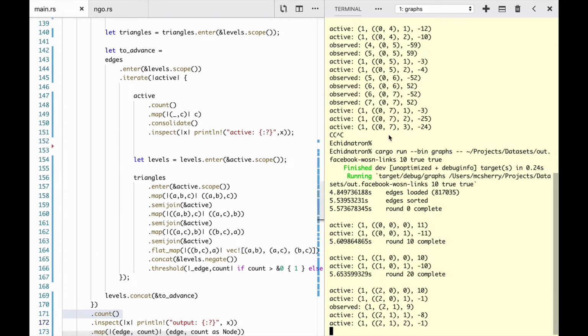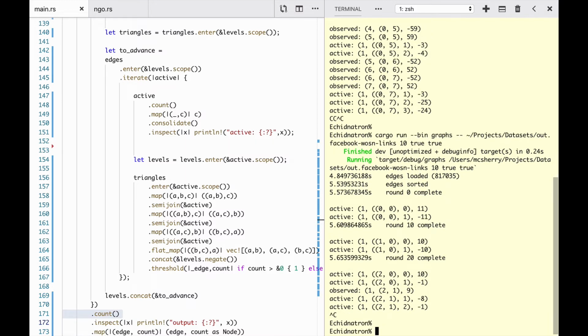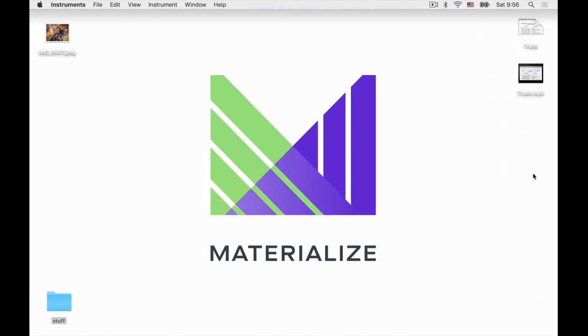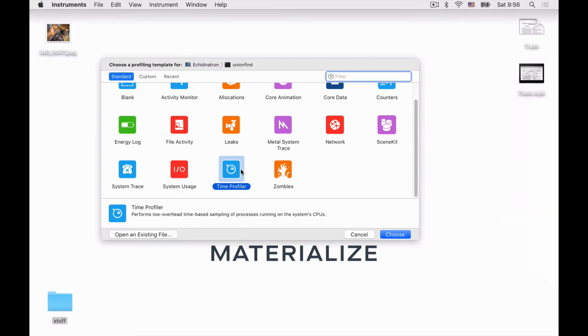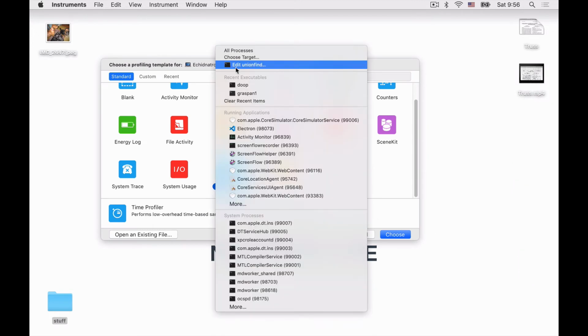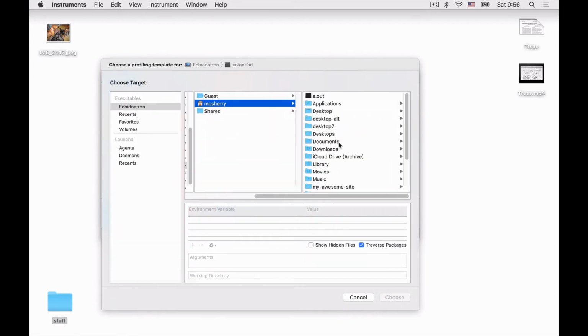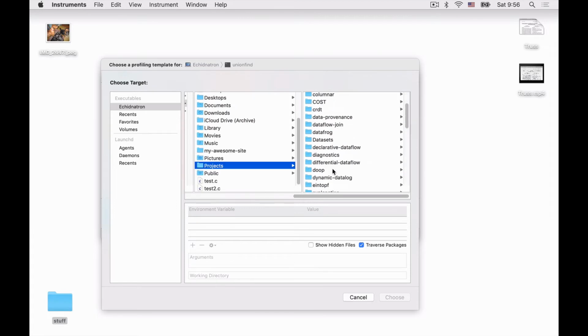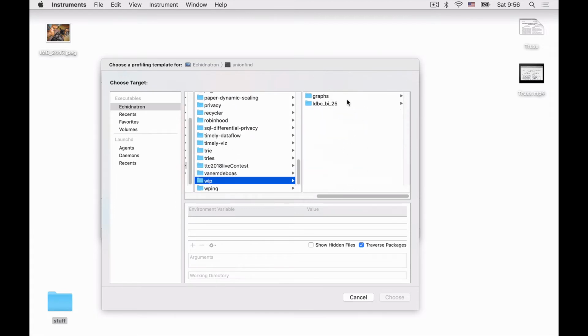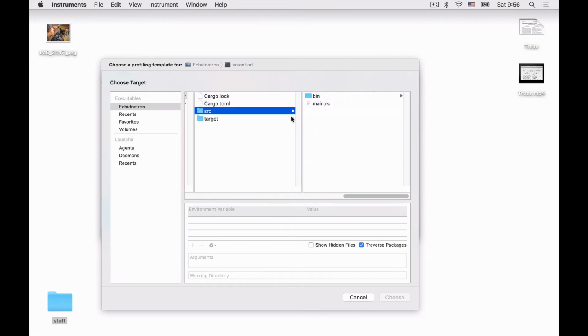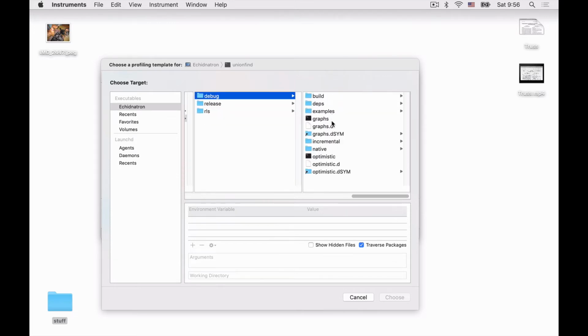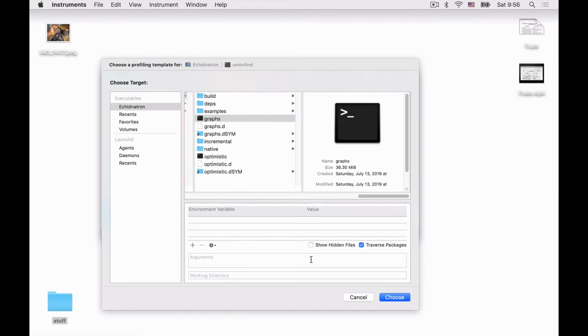All right, let's turn on instruments, because if we're doing something, it would be great to be able to see what's going on. So instruments is here, and yeah, come on. So a different target. This is a lot of clicking I gotta do. Sorry. Projects. We're in debug at the moment, doing graphs. We need to give it some arguments, so let's do